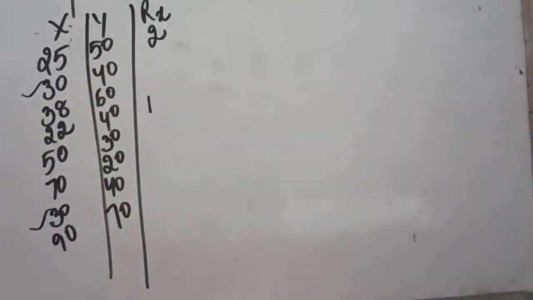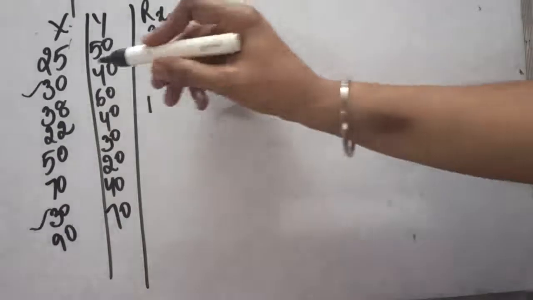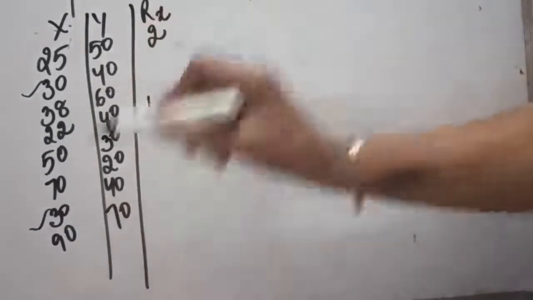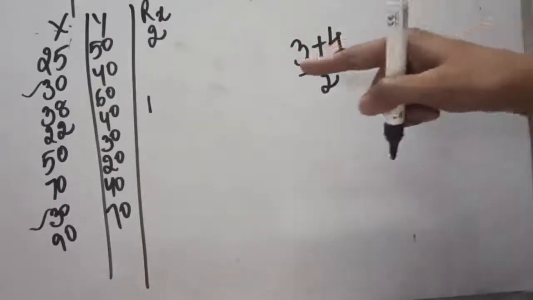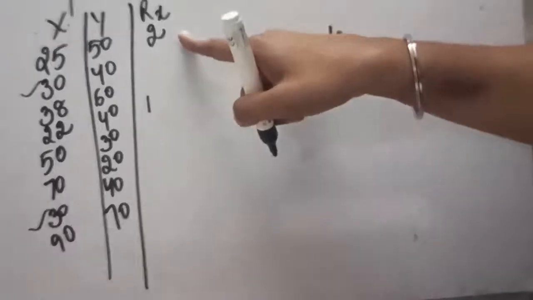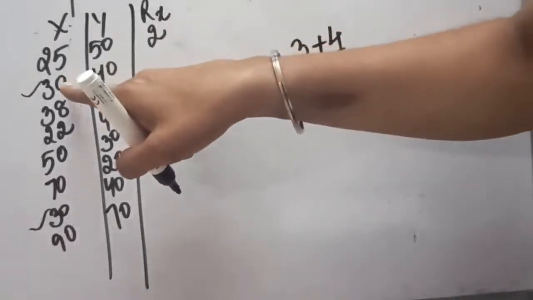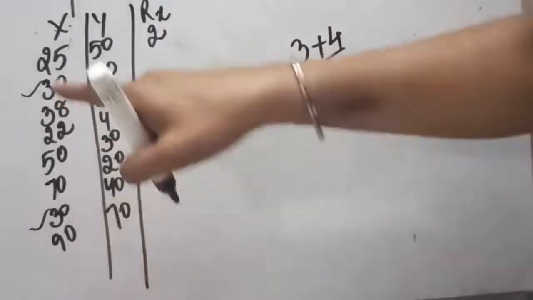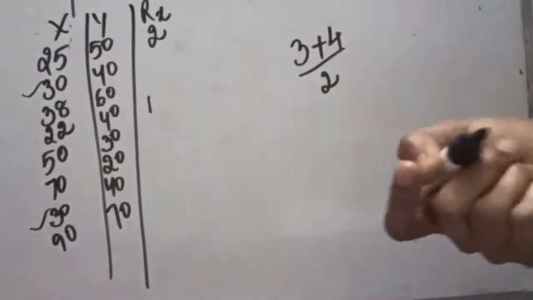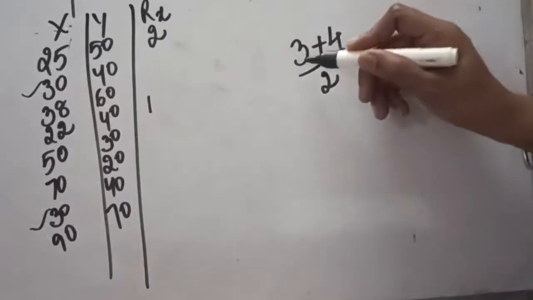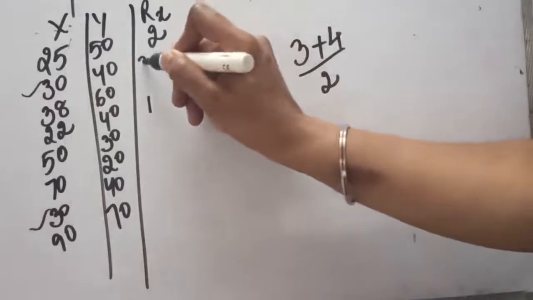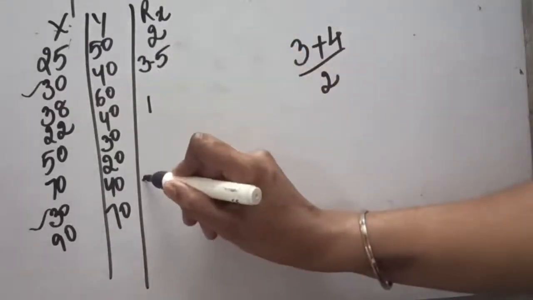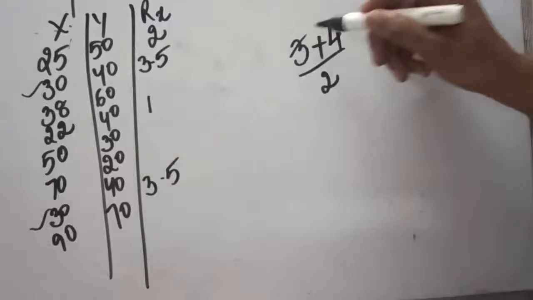So now it means we have come to the second part of the formula. Now here we can give rank number 3 and rank number 4. But as the number is the same, we will give the average. Because ranks 1 and 2 are already assigned, we have to give rank 3 to this or this, and rank 4 to this or this. But we cannot give different ranks when the number is the same. So we will take the average of those ranks that are going to repeat. So it will be 3.5. Instead of 3 and 4, we will write 3.5 here. So our 3 and 4 is gone.